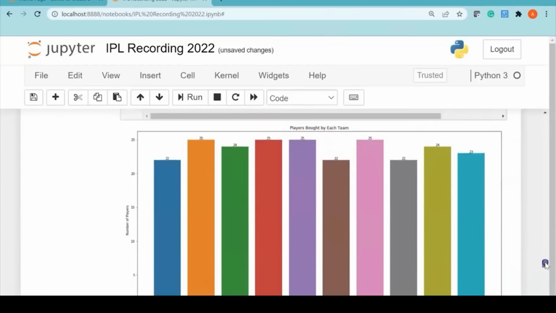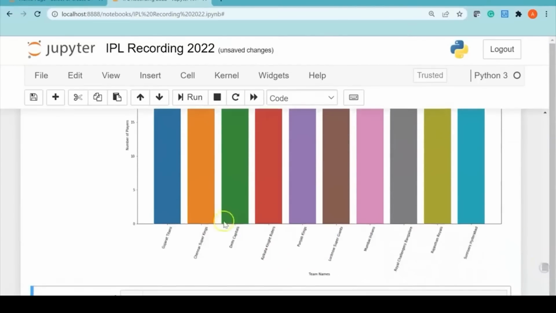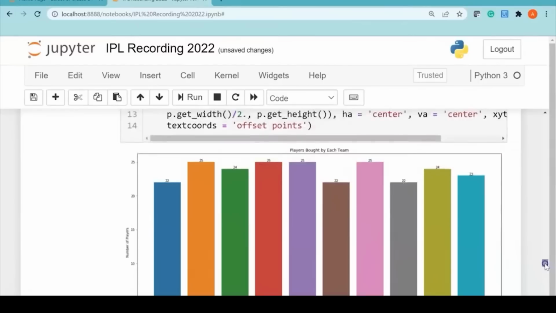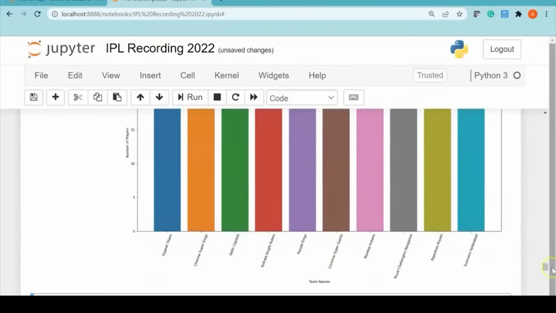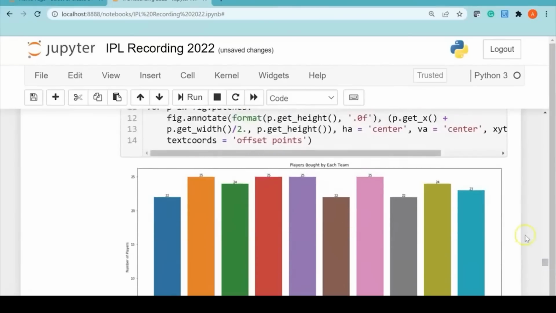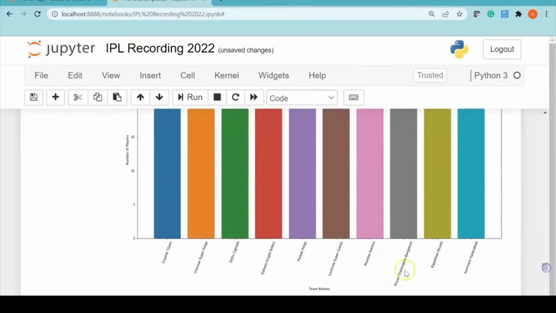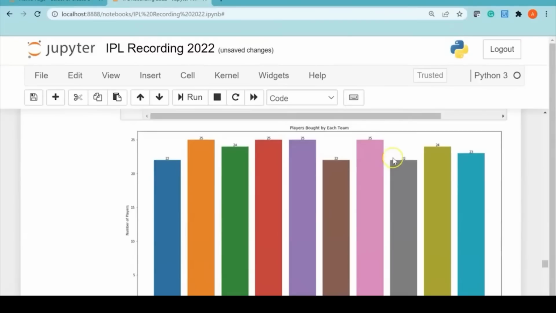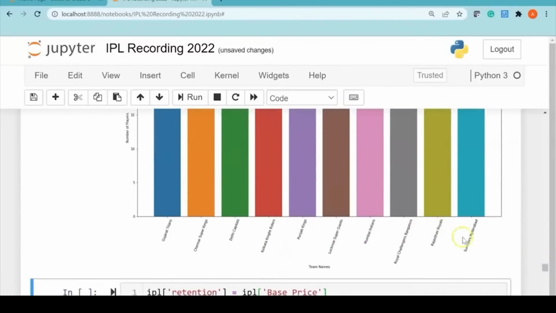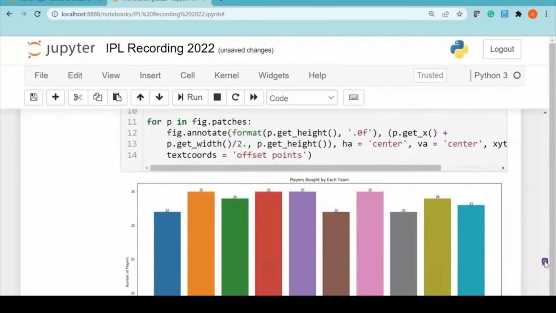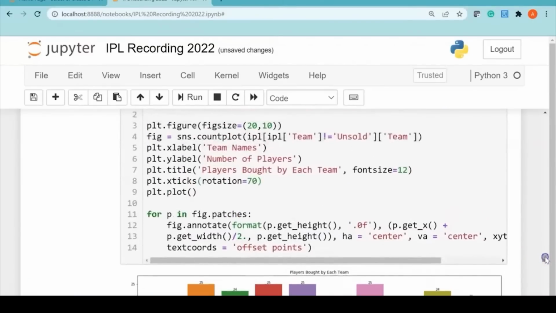So Gujarat Titans have totally purchased 22 players. Then Delhi Capitals have a total of 24 players in their squad. Again, Lucknow Super Giants have 22 players. If I scroll and see again, Royal Challengers Bangalore, or RCB, have 22 players in the team, and Rajasthan Royals and Sunrisers Hyderabad have 24 and 23 players respectively in their teams. Alright,